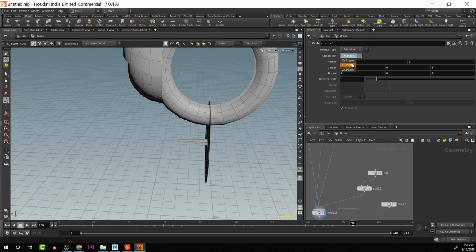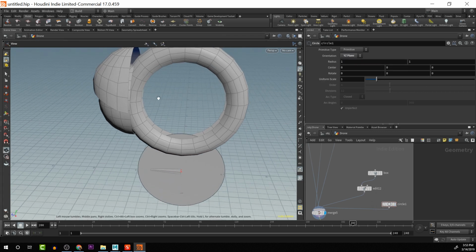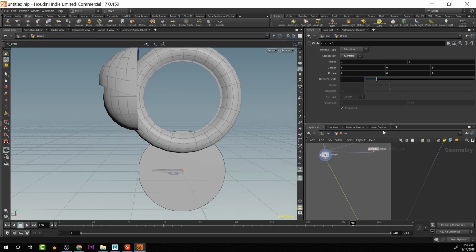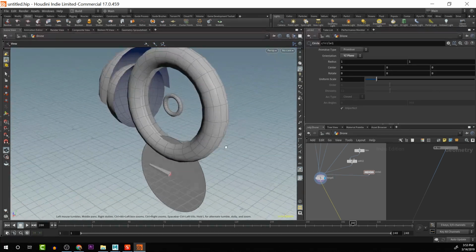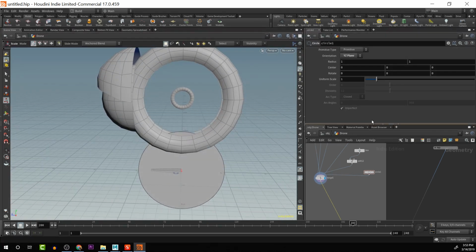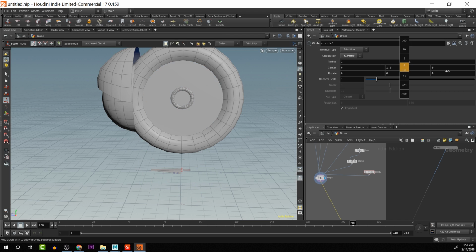Okay, so let's make sure that we create it on the plane of this. And that should be connected in there as well. That looks good. Okay. So let's take the circle and move it up in Y. Actually, let's try this, and then we'll do